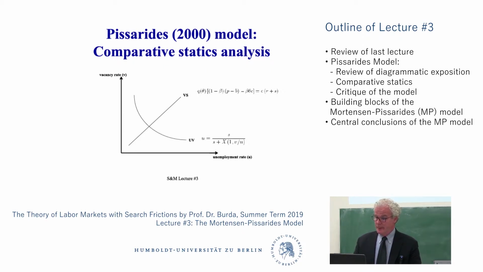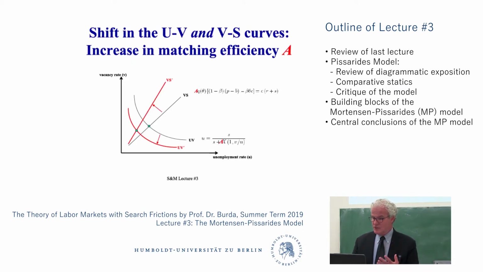Okay. All right. So we have these two very strong statements. The UV curve. There it is. Now Thomas may have derived it with a symbol F for the matching function. That's perfectly fine. Again, I'm using an old paper that used a different symbol, doesn't matter. And then the VS curve is this simple one, applying the zero profit condition and equilibrium conditions on the valuations of the states and plugging in the wage equation that we derived already.